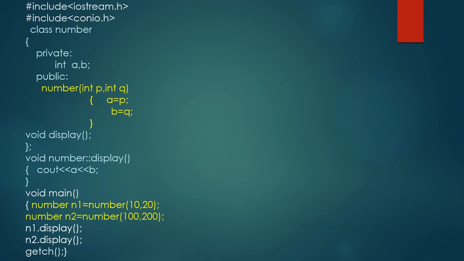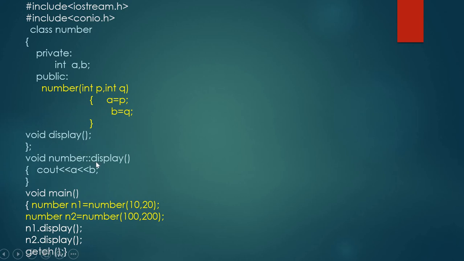We can consider one example program for invoking parameterized constructor with explicit call. Hash include iostream.h and conio.h. Then the definition of this class Number. Here also the data members are A and B. This is the constructor, a parameterized constructor with two arguments, and one display function.